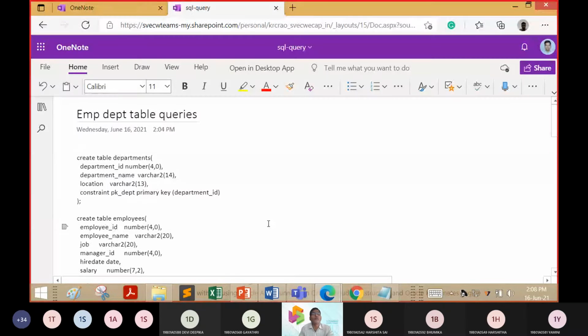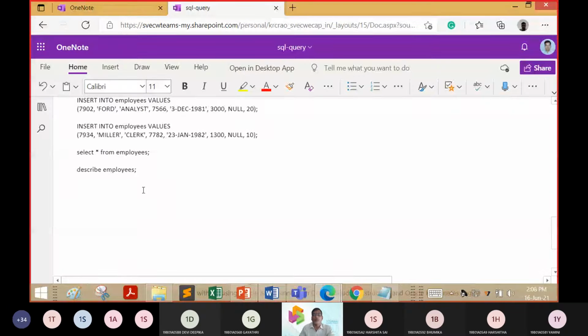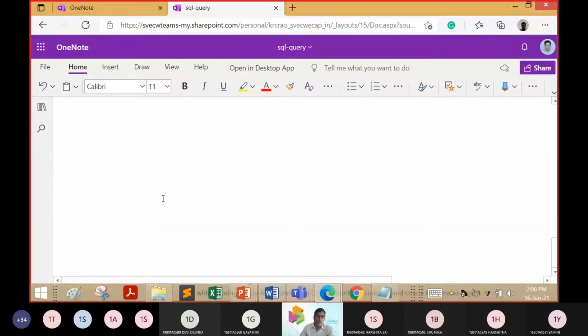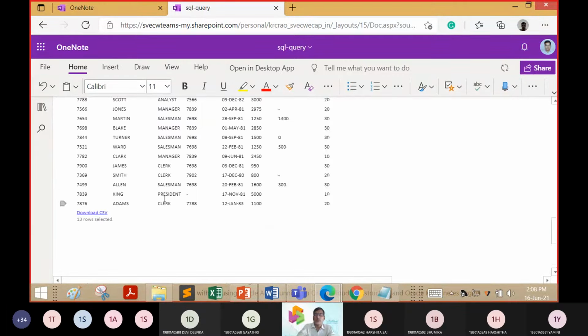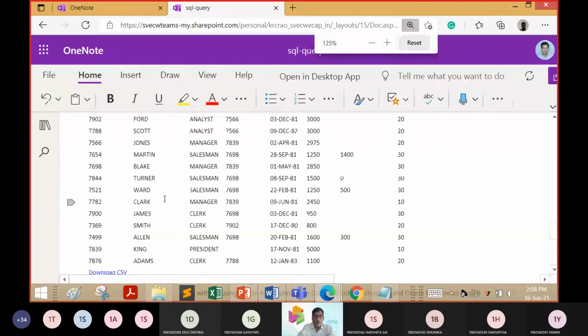That is the one notebook, and display what was the content of the employee table. So we have it, of course.